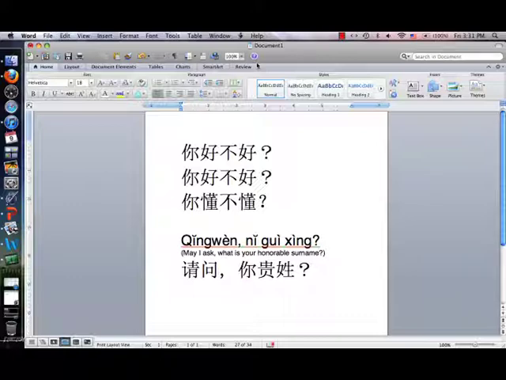In order to test your newfound ability to type in Chinese characters, today's quiz will take the following form. For each question, you'll see a series of pinyin syllables, like for example, Qing 1, Ni Gui Xing, along with the English meaning, may I ask, what is your honorable surname, and the correct characters that correspond to this pinyin. What you'll need to do on the quiz is to type in the pinyin and make sure that what you type, Qingwen, Qingwen,